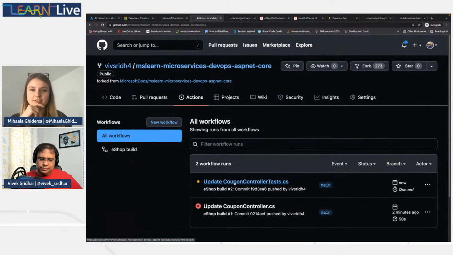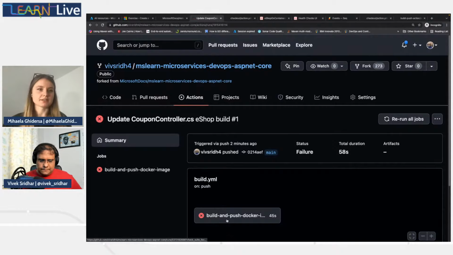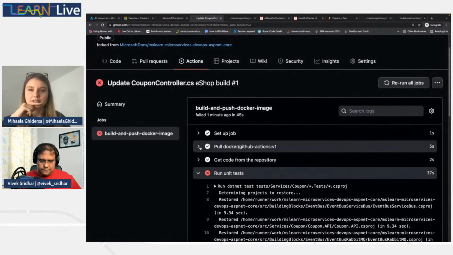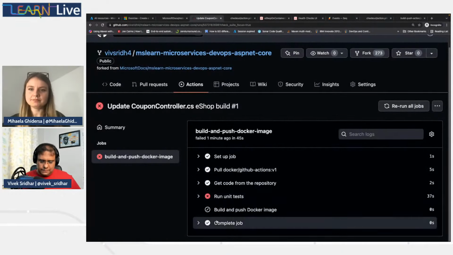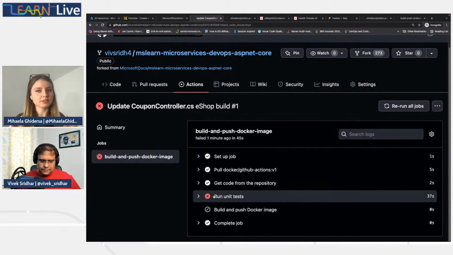What is very interesting, Vivek, and I would like to go a bit into the previous build. In the update coupon controller, it's important to note that in the previous build, the step after the run unit test, the one that is building the Docker image and pushing it, was skipped. So basically, if something fails, we can create these sort of dependencies between steps in order to not